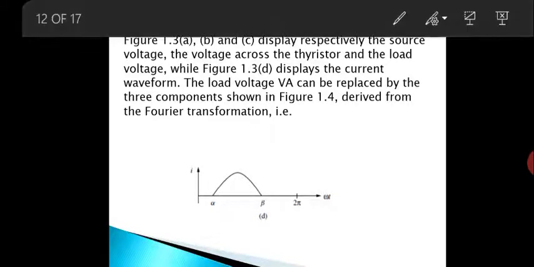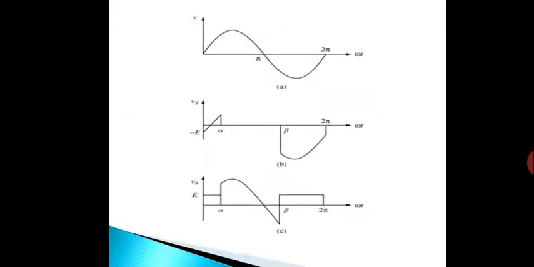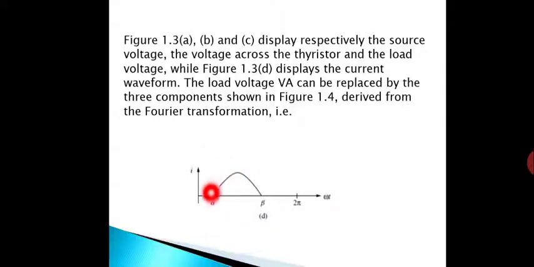See here, the thyristor turns on at omega t equal to alpha, and at omega t equal to beta it turns off. Okay,